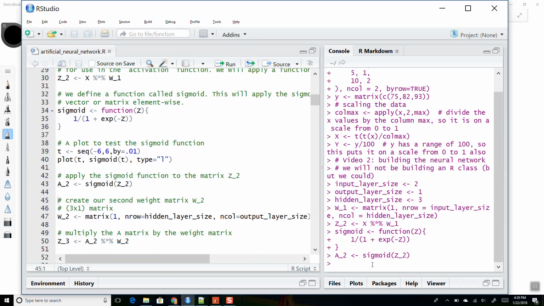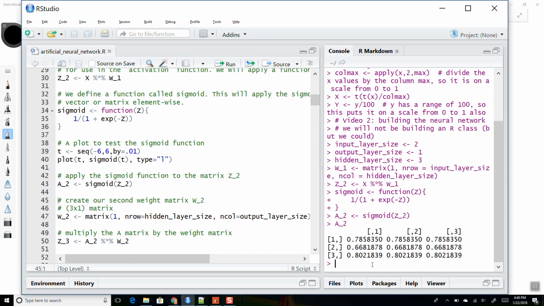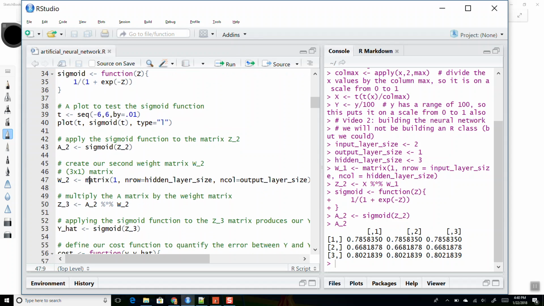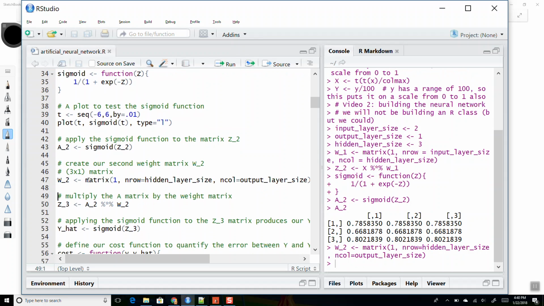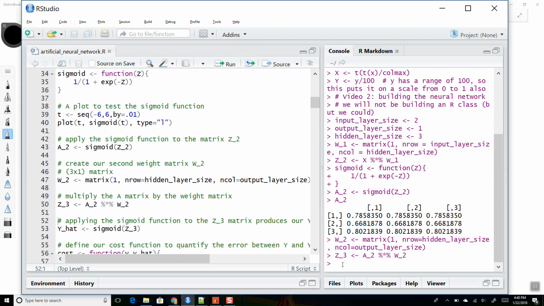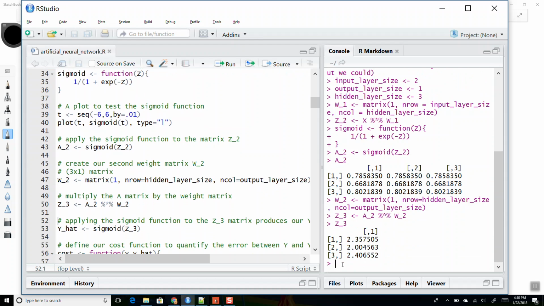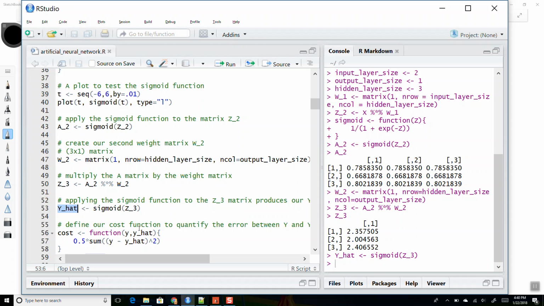So far, if I look at A underscore 2, what are the dimensions of this? It's going to be n by 3, right? So in this case, it's 3 by 3. I've got 3 input values in X, so it's n by 3. Our second weight matrix is just W2, and it's 3 by 1. And I multiply the A matrix by this, so Z3 is going to be n by 1. Then we finally apply the sigmoid function once again to this,